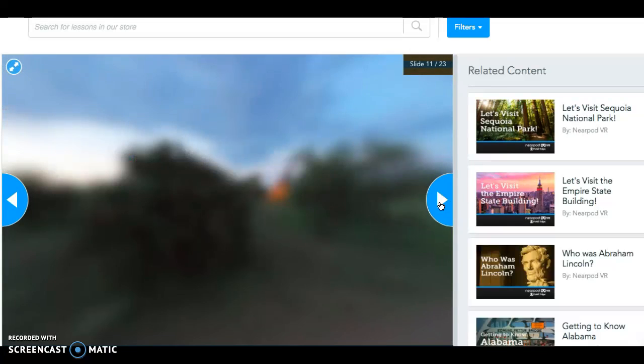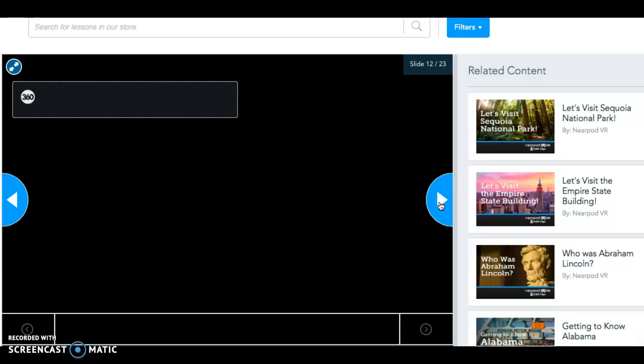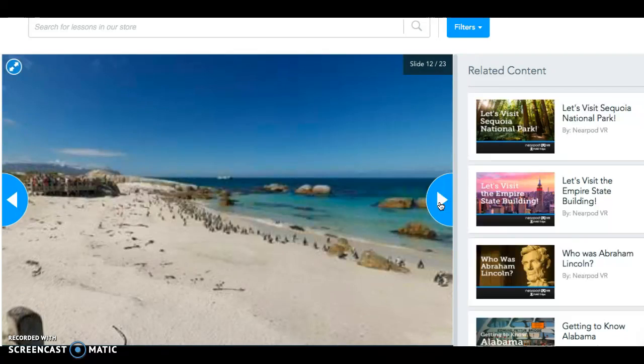This is another virtual field trip. And again, it'll go all the way around. My computer is slow. This is the 3rd virtual field trip. And here they are near the ocean, and my screen should clear up. Those are penguins. And again, they can